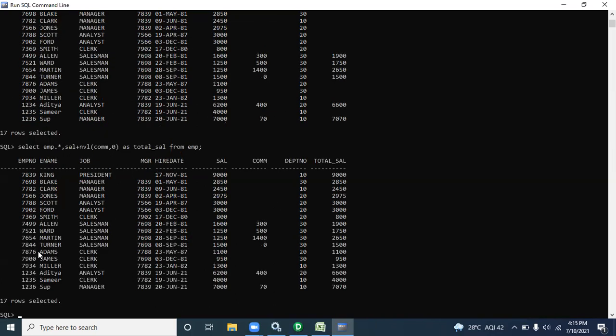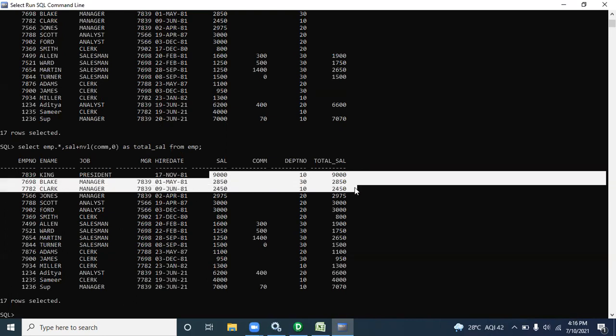Then where null is there, it will automatically replace it with 0. So salary plus NVL of commission comma 0: where the value is null it is replaced by 0, and the addition is 9,000 plus 0, which is 9,000. In this manner we have to write.